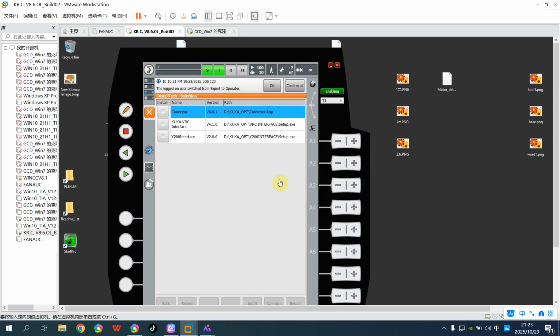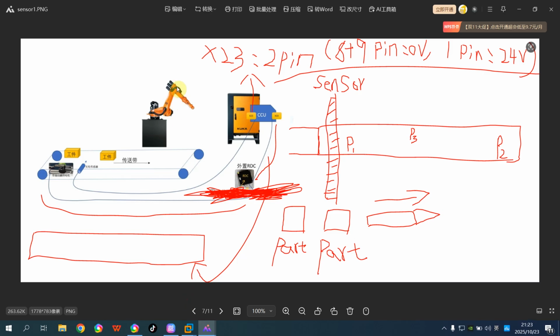In today's video, I'm gonna tell you how to configure a synchronous conveyor belt in a KUKA robot. Like this picture. This is the robot. This is the conveyor. This is the additional RDC. This is the case, and if you don't want to use the additional RDC, you can use the basic RDC inside the robot. You can connect the conveyor motor encoder to the basic RDC or additional RDC, and this sensor